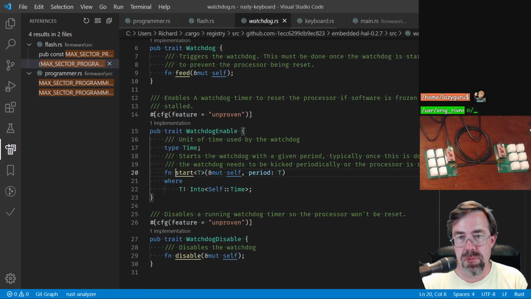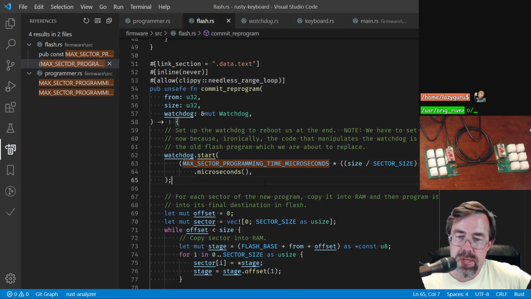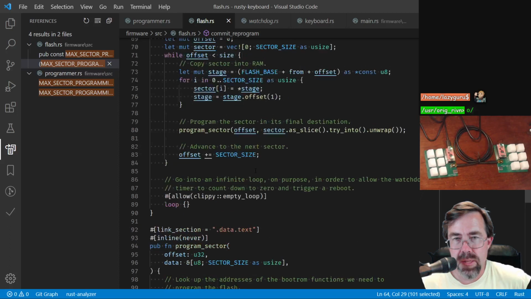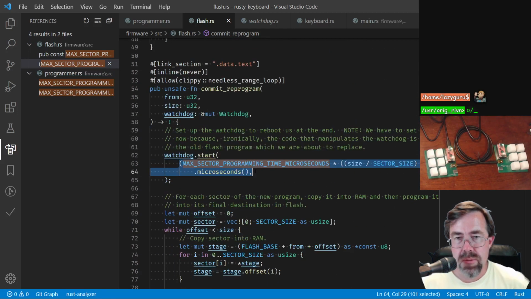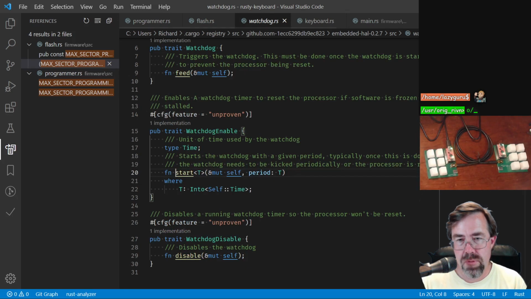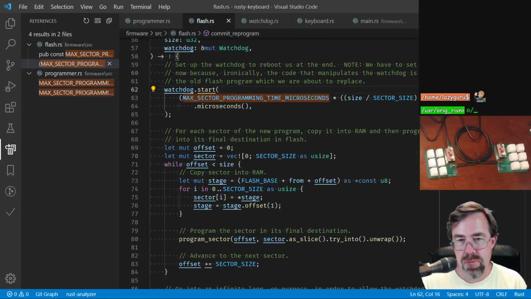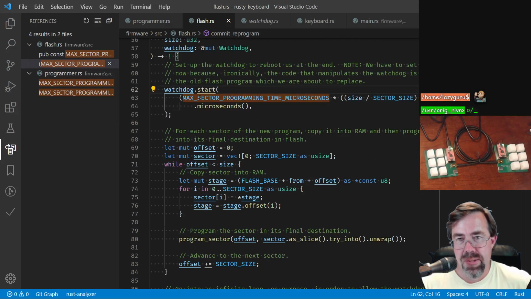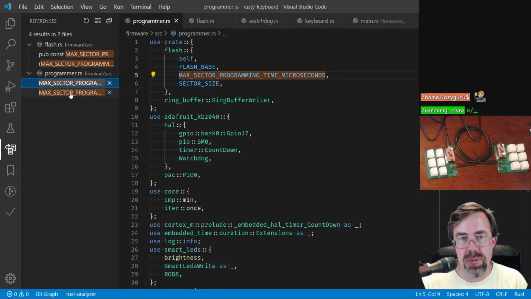So I'm guessing that it's overflowing. I think I know what's going on. Where this calculation is overflowing, or it's going to a value that the watchdog can't accept, and then the watchdog is triggering right away. No, that can't be. That can't be. Gee, I don't know. Okay, then let's just leave that alone. Where we use